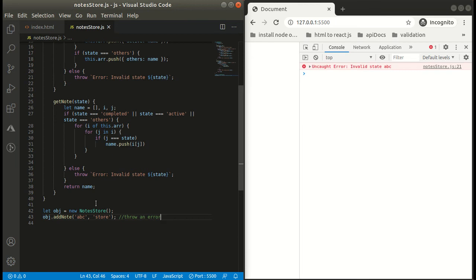Now simply change that state to a valid state, completed, and now we won't be getting any error.